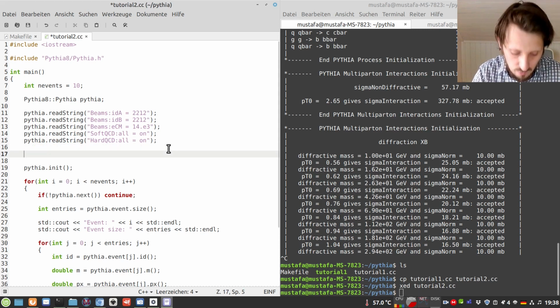We can do this very easily because Pythia 8 already includes some of this functionality, and there is actually a class called Hist. So we have to go to our Pythia8 namespace and write Pythia8::